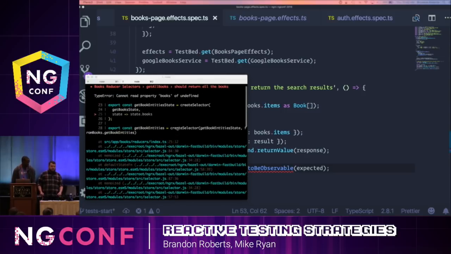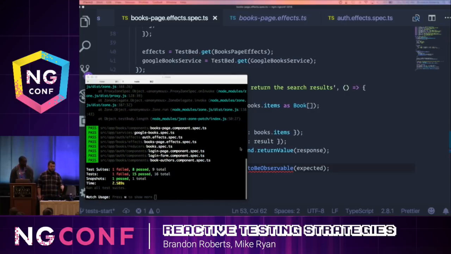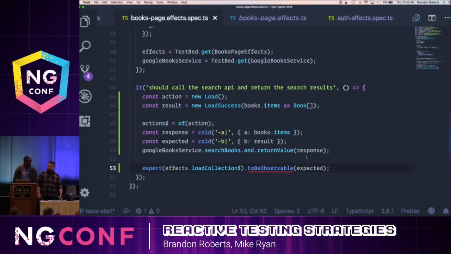Like a good live demo, we wrote some tests previously that are failing. That's fine, but the effects test that we just wrote is passing. Okay, so now that we've written a test for the books page effect, let's write a test that